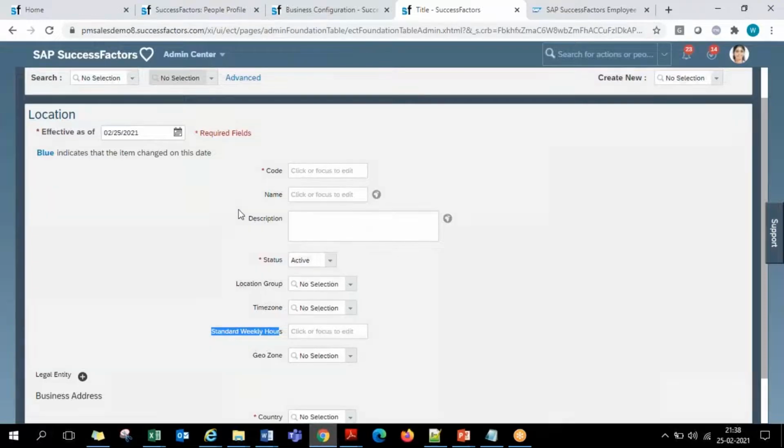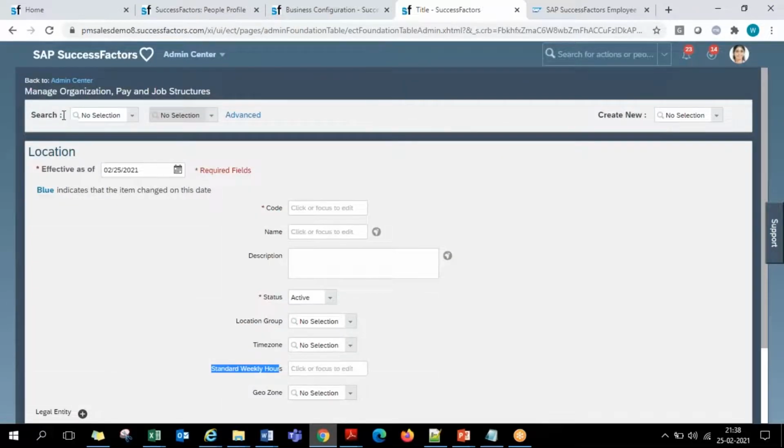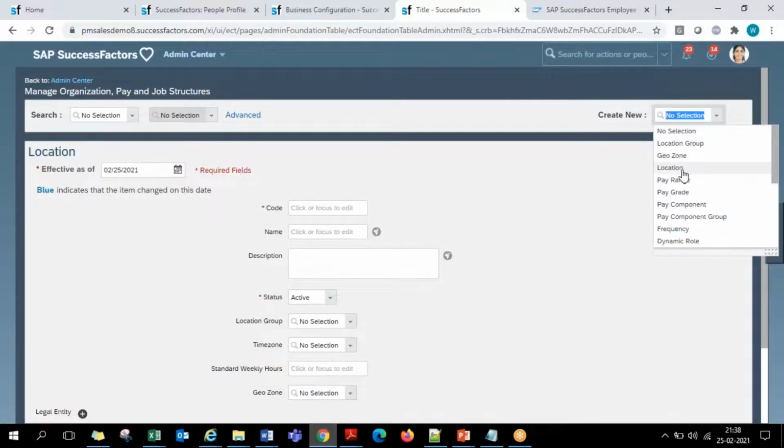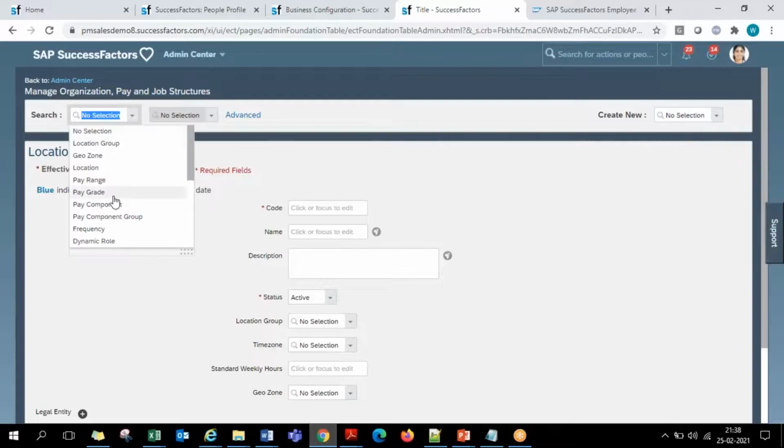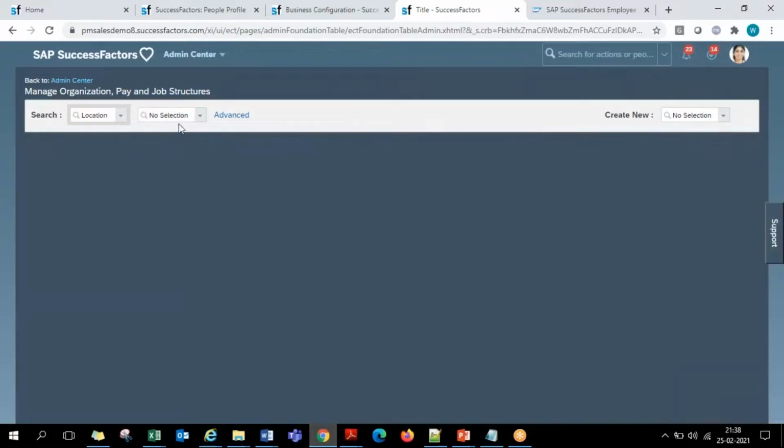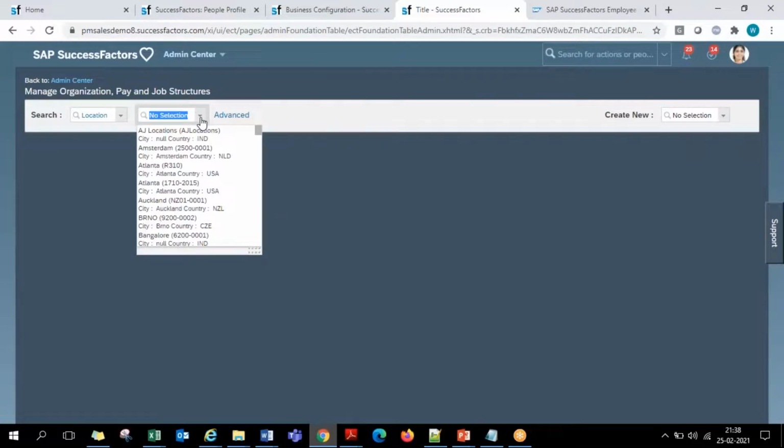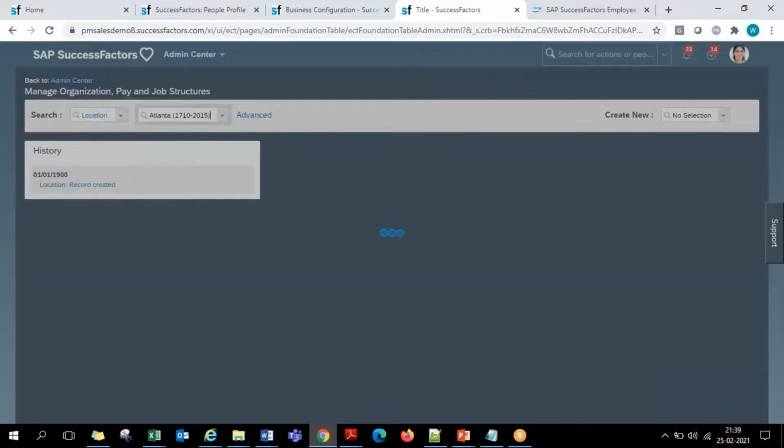So on the right hand side you are able to go for Create New and create a new location. But on the left hand side, you will find the same list. You select Location here, and the already created locations will be shown. These are the pre-delivered sample list of different locations present in the system.